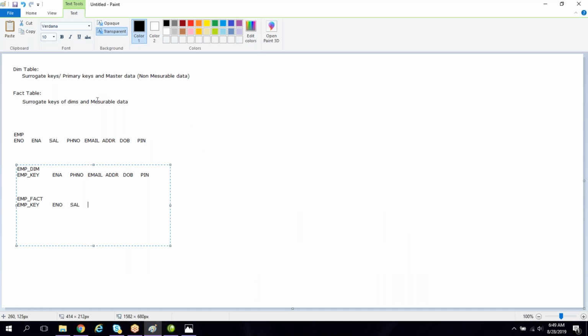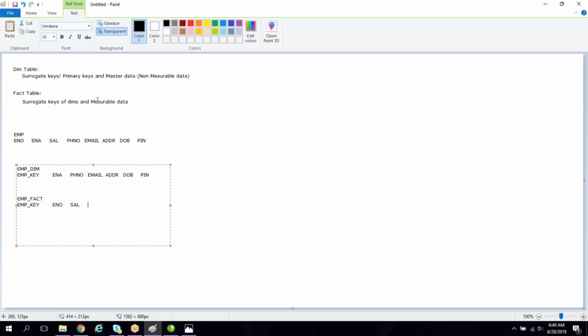Like this, while storing the data into the data warehouse, we divide from relational tables like this. Why do we have these dimension and fact tables in a data warehouse? Why not relational tables? In some companies, people won't follow the data warehouse structure. They'll have the same relational structure only. They'll store the historical data. It is not mandatory that we always have to store it in a dimension fact model.